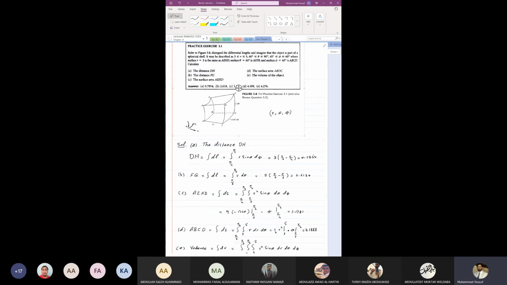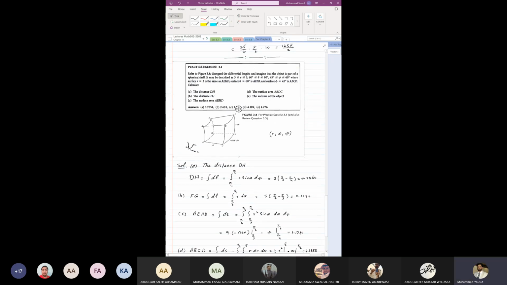Now here phi is changing. At point D, phi is 45 degrees, and at point H, phi is 60 degrees. As it is given here, you can see, let me make it red color. I put a red underline. So pi over 4, that is 45 degrees, and pi over 3 means 60 degrees, r sine theta.